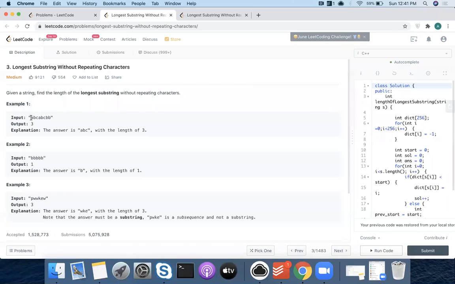Okay, that doesn't seem to be working actually. So A, B, C. When you get another A, then what? Then you only know that this A is repeated. So what do you do now? Can we again initialize the hash with a blank value?